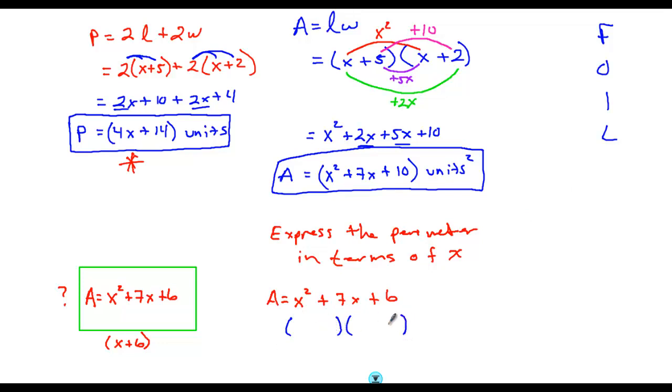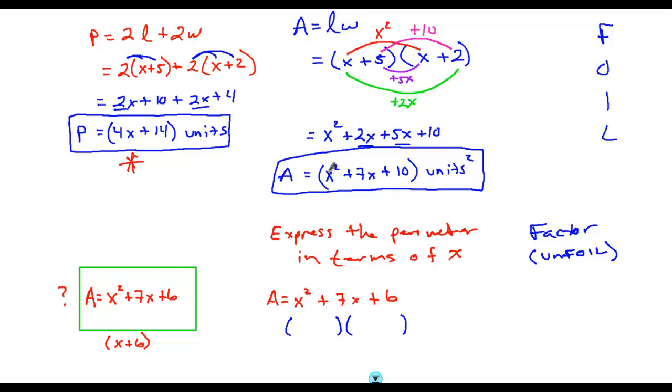This is called factoring. And factoring is basically, you can think about it as unfoiling. So we're going to unfoil it. Now, to be able to unfoil something, you need to understand how to foil it first. So that's why we did all this extra writing up here. So when you look back at the problem we did up on top,